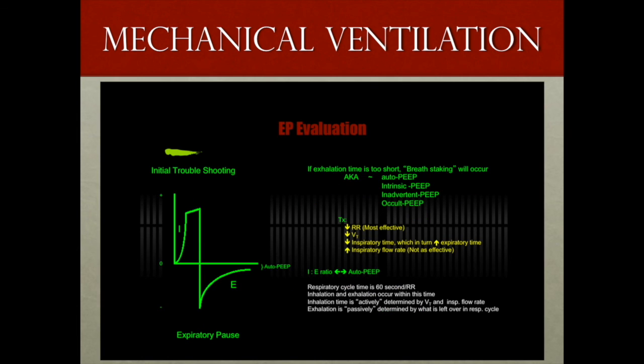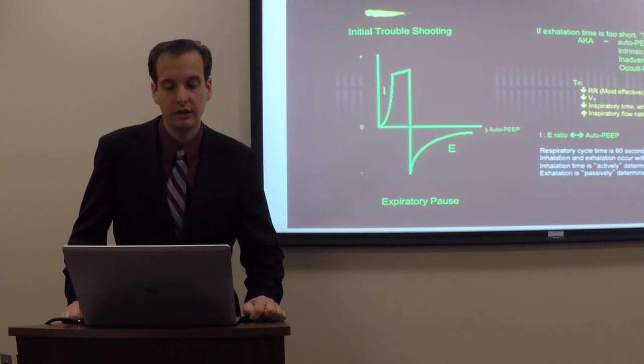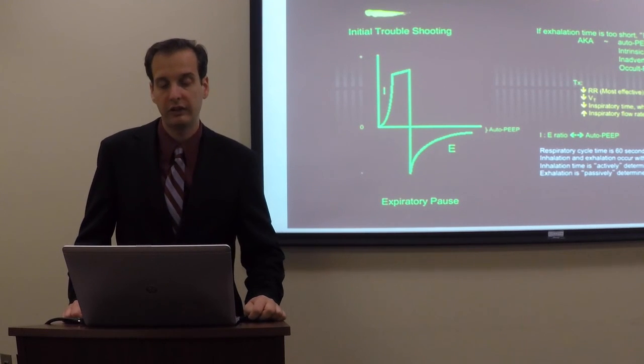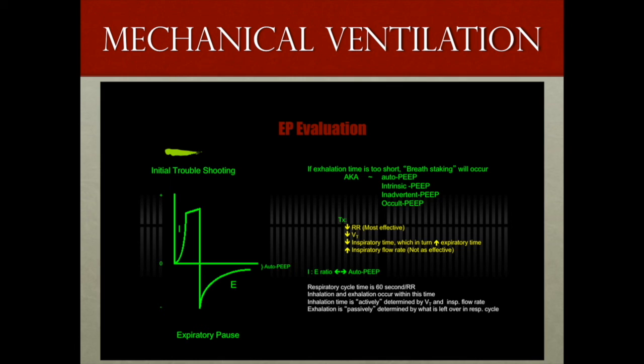You can also perform an expiratory pause, and the reason why you would perform one is to look for auto-PEEP. And auto-PEEP is what is called breath stacking. It is also referred to as intrinsic PEEP, inadvertent PEEP, or occult PEEP. And it is common when the exhalation time is too short for a particular patient. Each previous breath is not fully exhaled before the next breath is given, and residual volume continues to grow until hemodynamic compromise is reached. The best way to treat this is to decrease the respiratory rate, and by doing so,